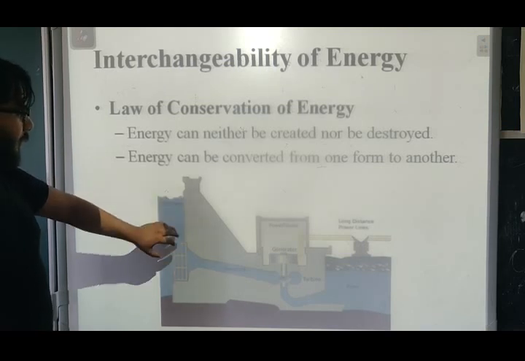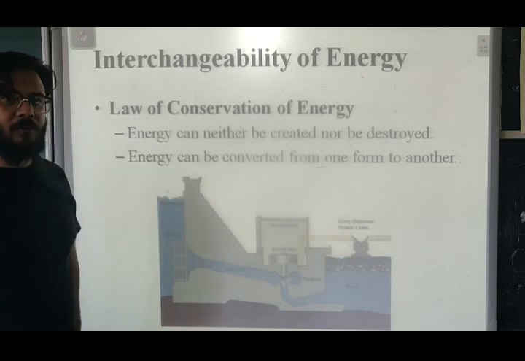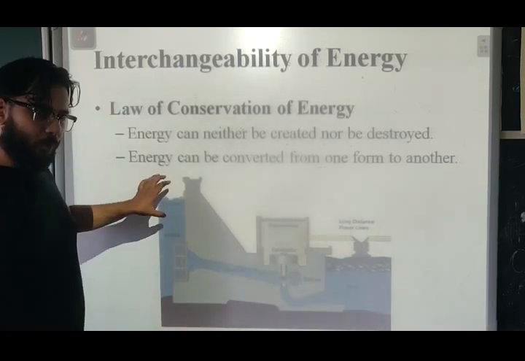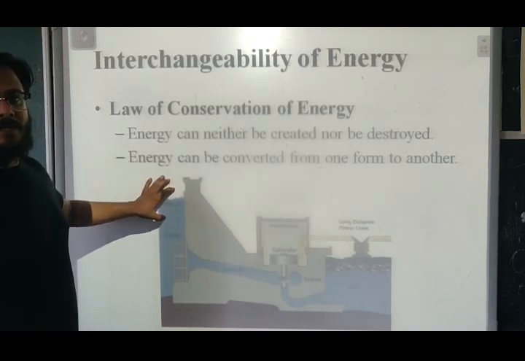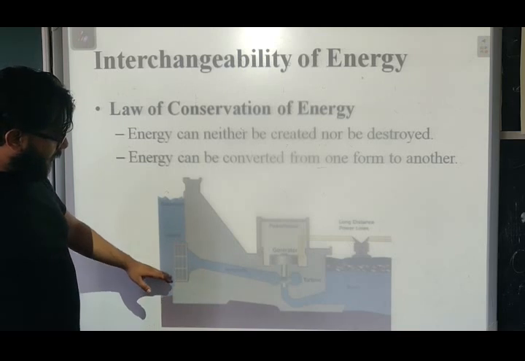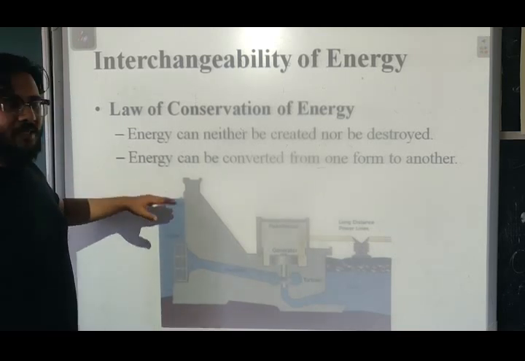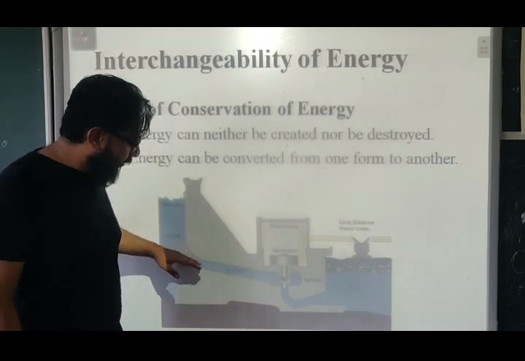Okay, so water goes up here and it comes down, goes there. First, when it goes up, there's an increase in potential energy. Why? Because the height is increasing. Since the height is decreasing, the potential energy is decreasing, and the potential energy goes down, changes into kinetic energy, moves down,